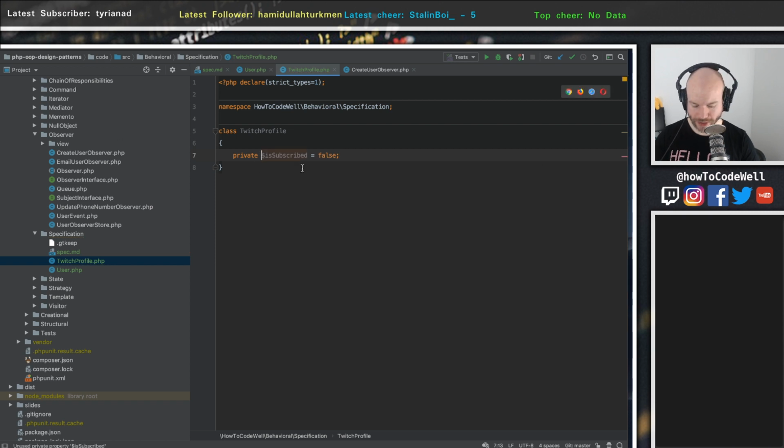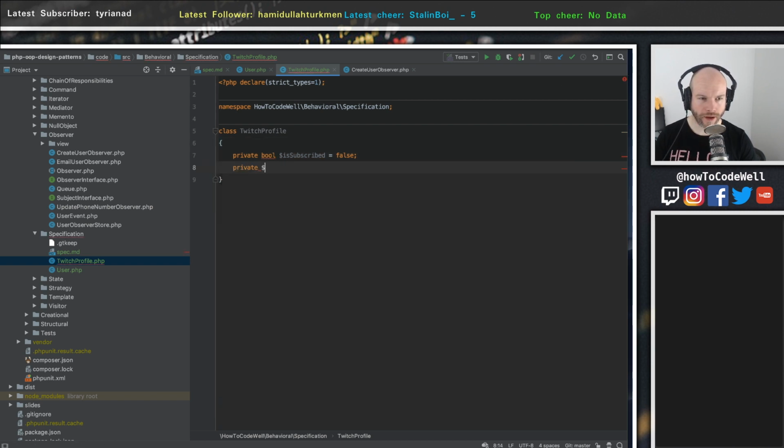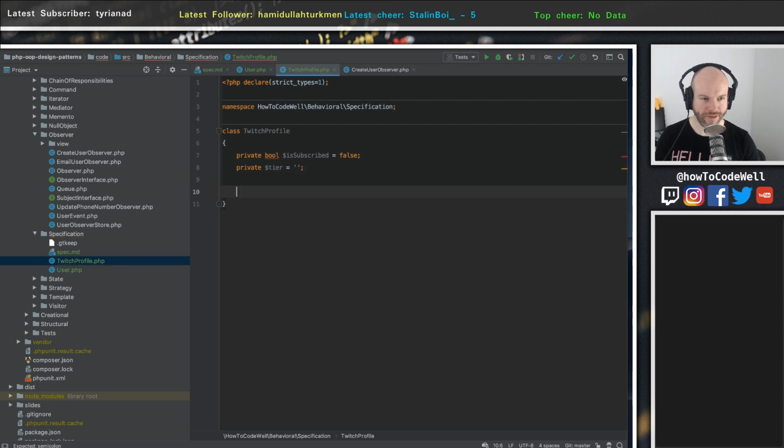And that's going to be a Boolean. Okay. Then we're going to have a private tier. And this is going to be, for now, we're just going to have a string for now. And then we're going to have a public function